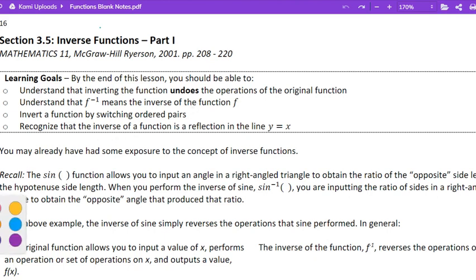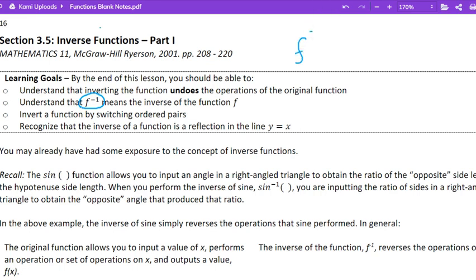Okay, so let's look at the learning goals for this lesson. The reason I show this is so you have a goal of what you want to be able to understand by the end of either the lesson or of doing the homework and reviewing the lesson. The first thing is to understand that inverting the function undoes the operations of the original function. The inverse is like undoing a function. Next, understand that the notation f to the power of -1 means the inverse of the function,